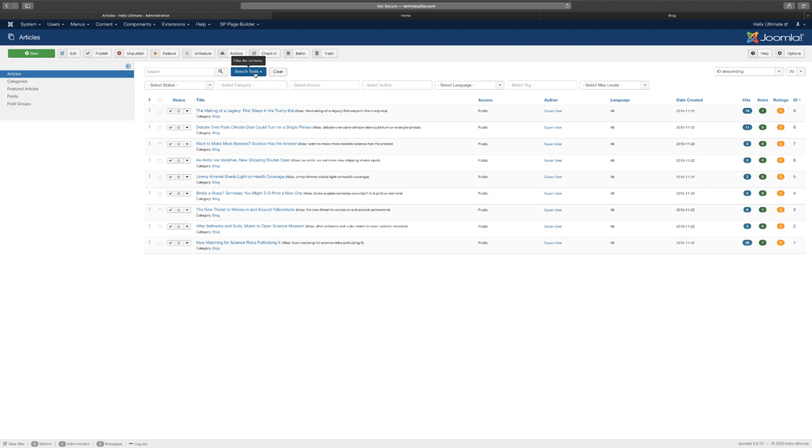You see here, you have this search tools. When you click on it, it gives you several options. This is how you can filter your content, because as your site grows, you might want to get to things a lot faster. In this section, you have this drop down. You have the trash, you have the unpublished, you have the publish, you have the archive,